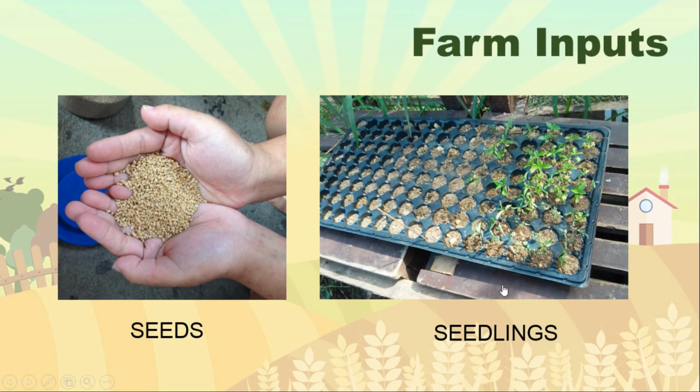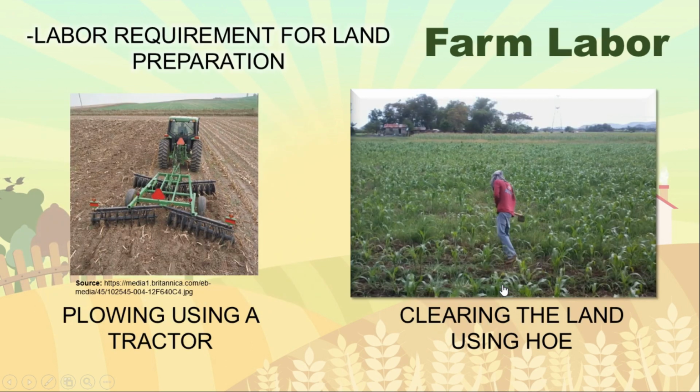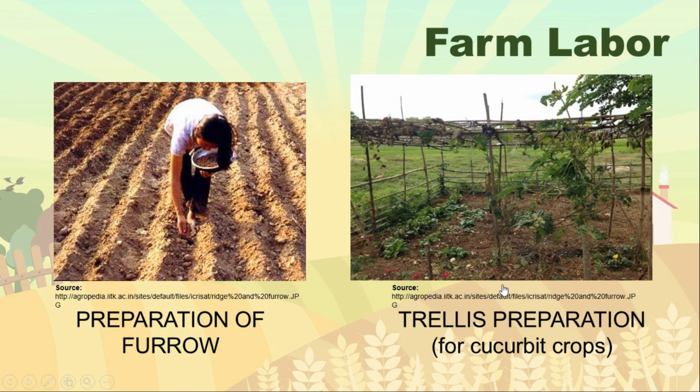Okay po? Ang farm inputs, halimbawa nito ay ang mga seeds, ang seedlings, lagayan, ang fertilizers, and insecticides. While farm labor, ito naman ay halimbawa ng labor requirement for land preparation. Halimbawa dito ay ang pag-araro gamit ang tractor, ang clearing the land using hoe, plowing using animal, harrowing using hand tractor, preparation of a furrow, trellis preparation for cucurbit crops. Yung trellis ay yung mga fence na ginagamit natin at yung mga cucurbit crops ay yung mga gumagapang na halaman. Halimbawa nito, melon, kalabasa, upo, di ba? At marami pang